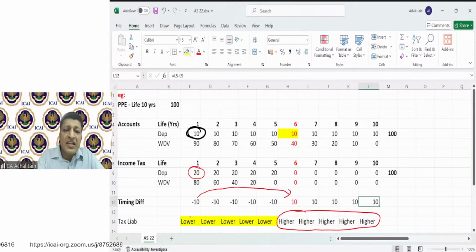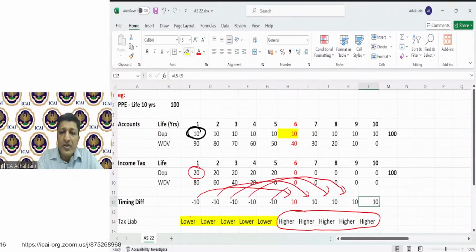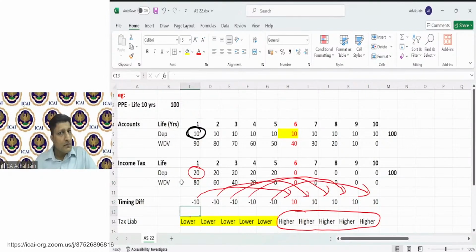Now, the same is the case for year 2. Same is the case for year 3, year 4, and year 5. So now in this case, if the company is in year 1,